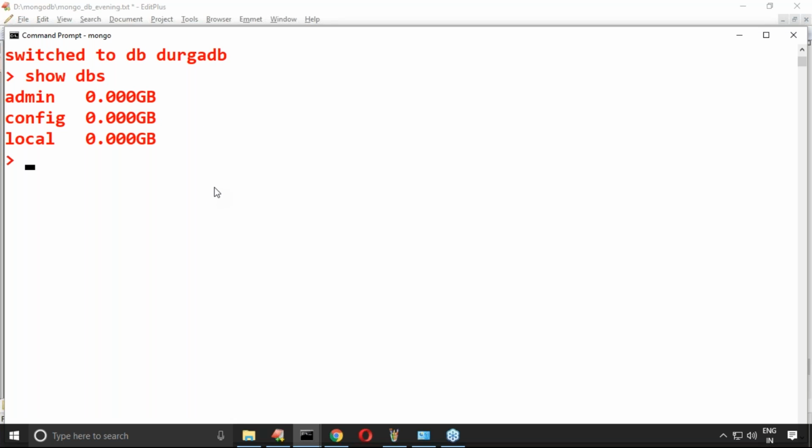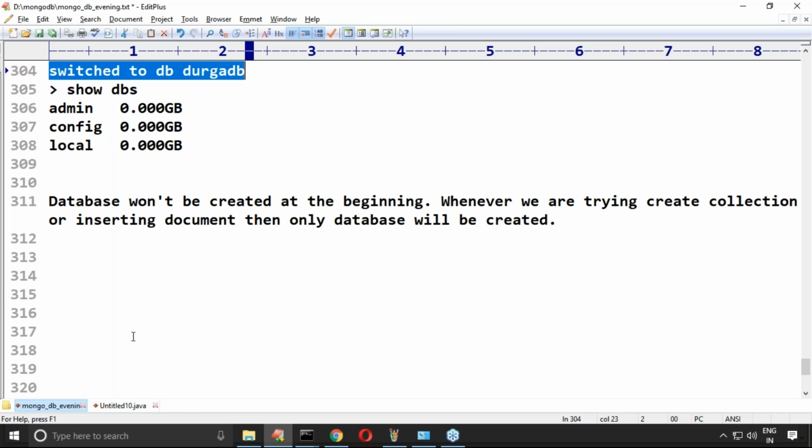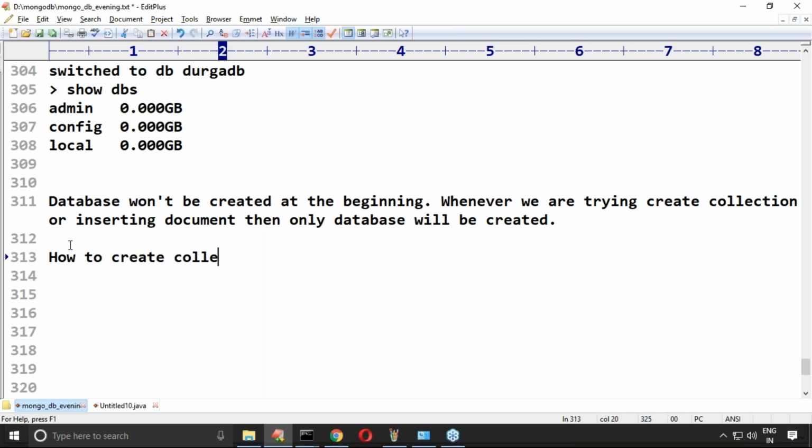Sir, please explain, I want to create a collection. How do I create a collection? A collection is something like a table, right? Now what I want to use is db, the predefined object, dot create